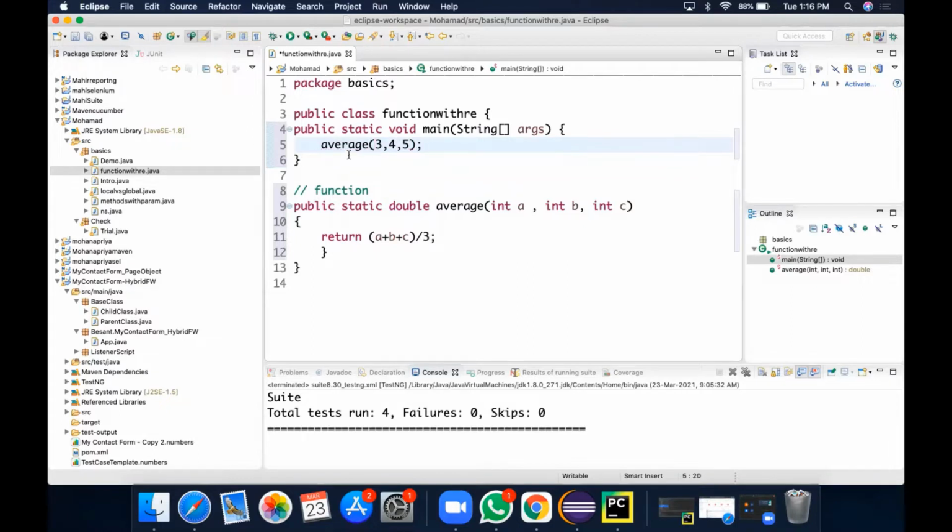We directly give the method name because the method is in the same class. If you are calling it in other classes, they will not know which class the average method belongs to, so in such a situation you will use class name dot method name. Even if you use the class name and method name here, it's not wrong; it's correct. I'm just telling you this is another way.